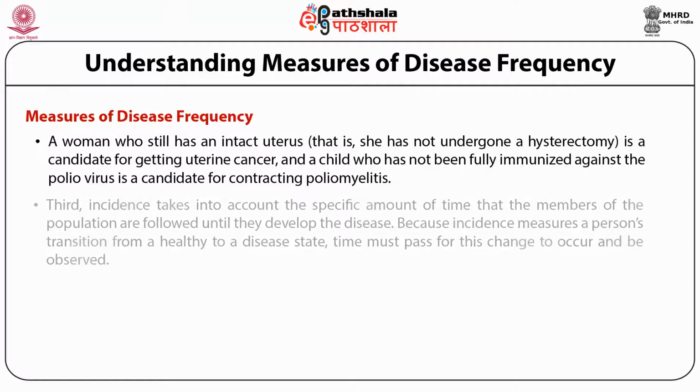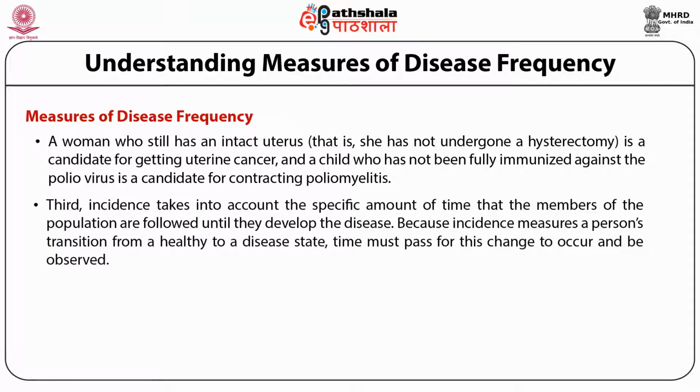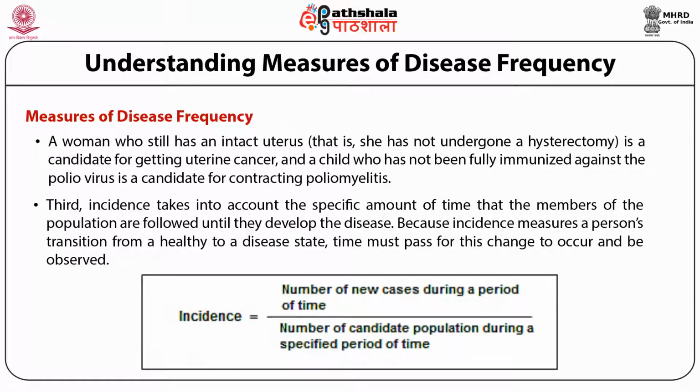poliomyelitis. Third, incidence takes into account the specific amount of time that the members of the population are followed until they develop the disease. Because incidence measures a person's transition from a healthy to a disease state, time must pass for this change to occur and be observed. Incidence is calculated as the number of new cases during a period of time divided by the number of the candidate population during a specified